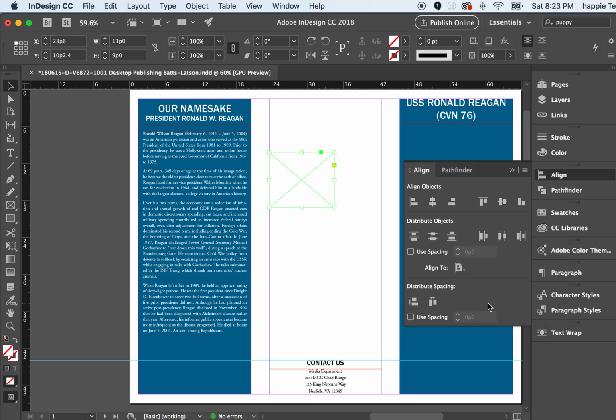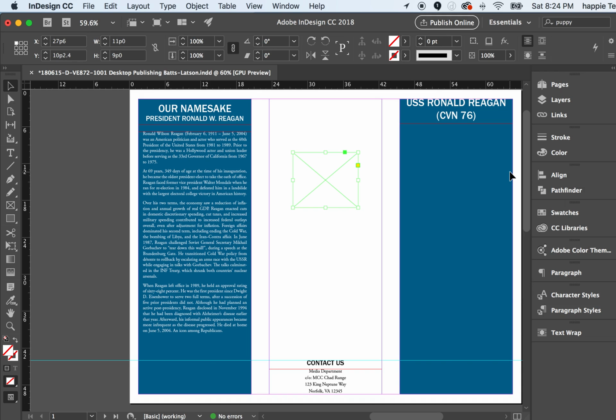Now we want it to align horizontal centers. So that is going to be this button right here where it has the align horizontal centers. You guys see it? Click that and it is aligned. It has aligned it to the horizontal center of the page. What? Yes, you did that. I know. All right, so I'm going to go ahead and collapse that one so that we can bring an